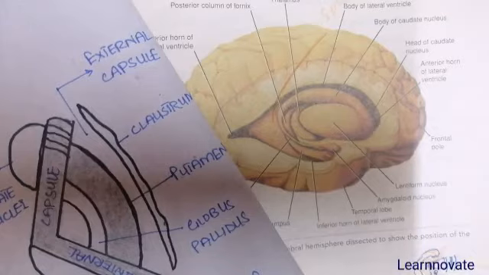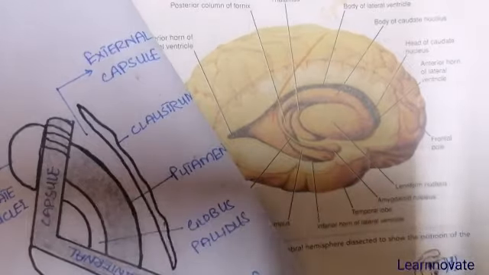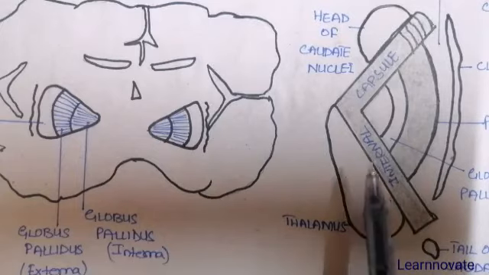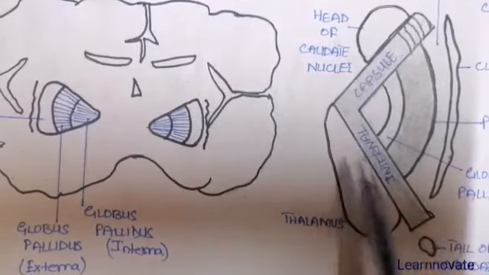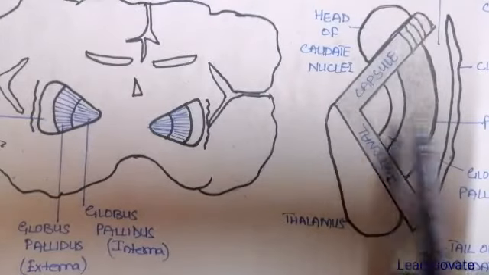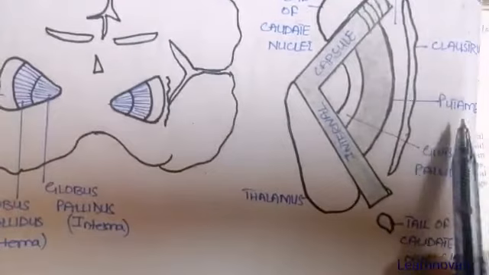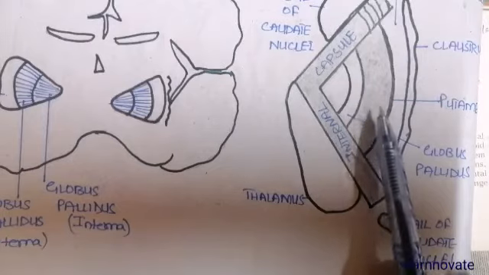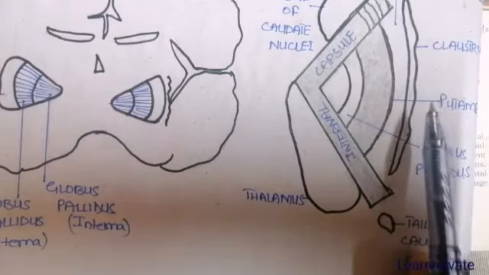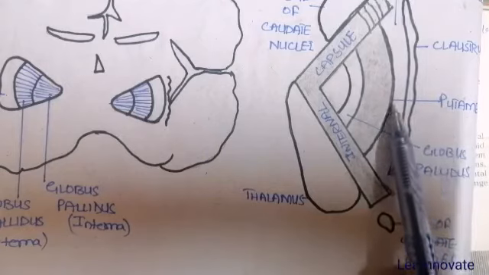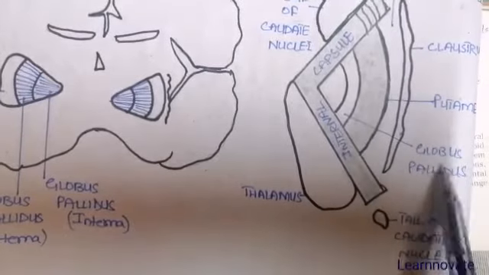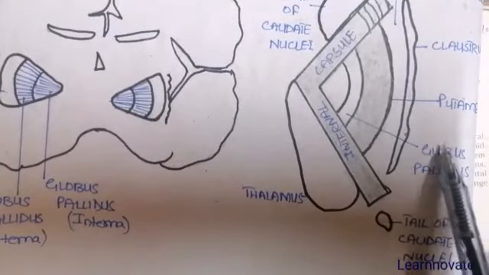Now we are going to discuss the terminology and the classification that is used to describe the different nuclei of the basal ganglia. Simply, the corpus striatum includes the caudate nuclei, that is the head, body and tail of the caudate nuclei, with the whole lentiform nuclei, that includes the putamen and the globus pallidus both. This whole is called the corpus striatum. Then what is meant by lentiform nuclei? A lentiform nuclei contains the putamen, that is the outer one, and the globus pallidus, that is the inner one. So the putamen and the globus pallidus combine to form the lentiform nuclei.